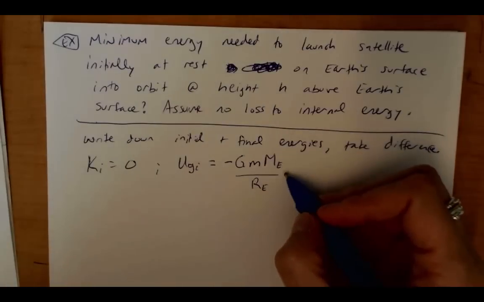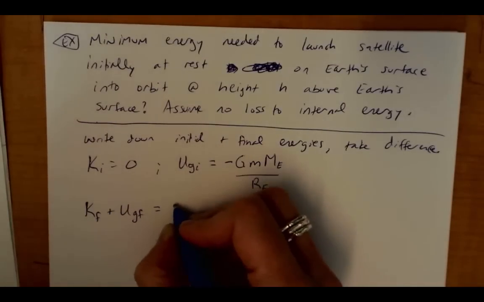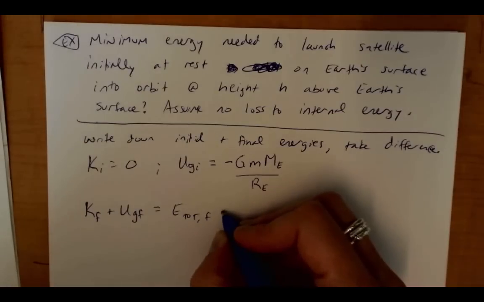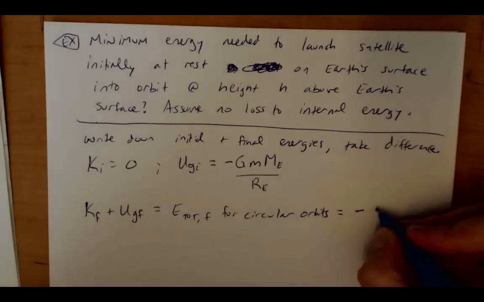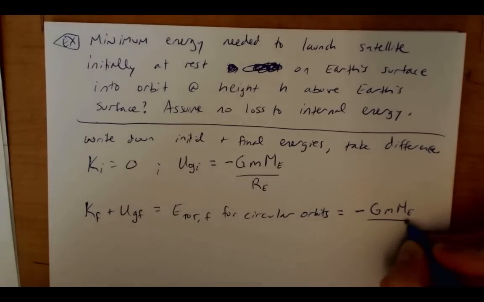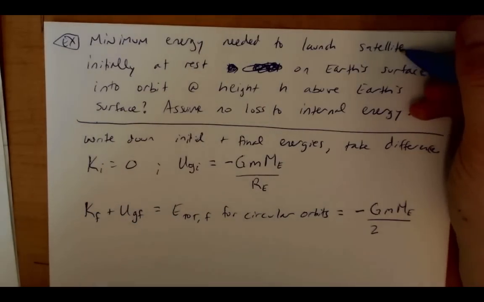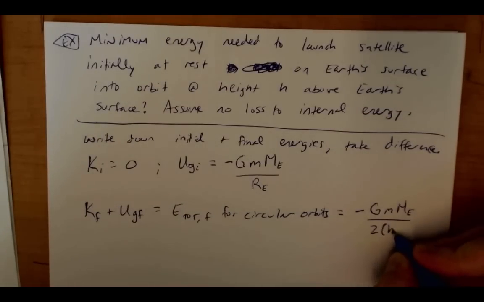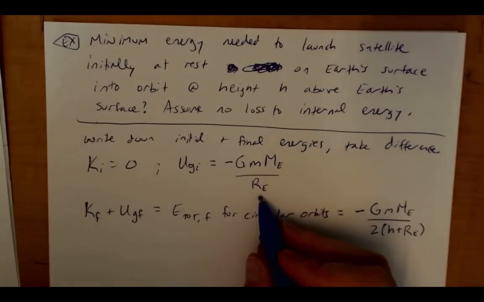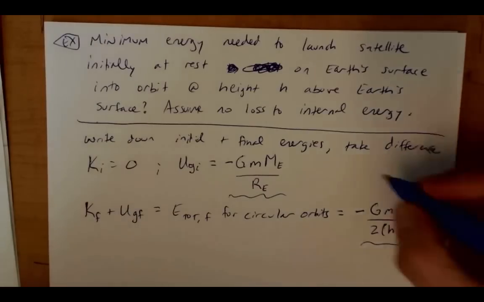This is our gravitational potential energy equation, and I just plugged in for our values. The final kinetic energy plus the final gravitational potential energy is going to be equal to the total final energy for circular orbits that we just covered in the previous video. And that would then be equal to negative G times little m times the mass of the Earth over 2 times little r, which is the separation between the satellite and the object it's orbiting. So you can't just put an h here, and that's the most common mistake, because the separation is not h. The separation is h plus the radius of the Earth, right? It went from being at the radius of the Earth away to being h plus the radius of the Earth away. So we have now two expressions for the energy